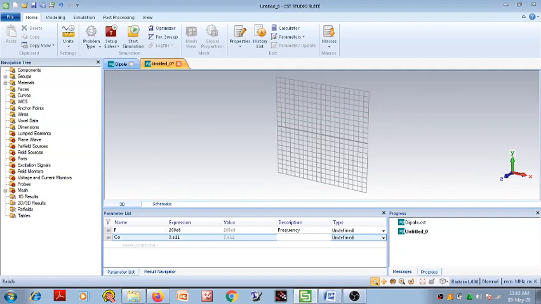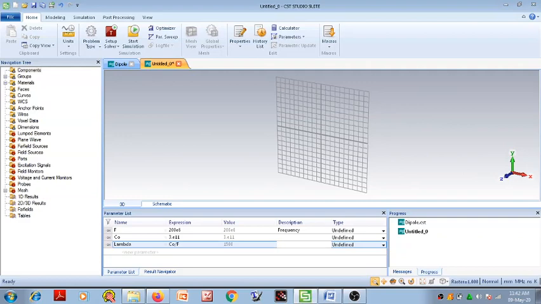Okay. Now next variable is to find out the value of lambda. We know the formula for lambda, that is equals to C0 by f. Calculate the value of lambda here.